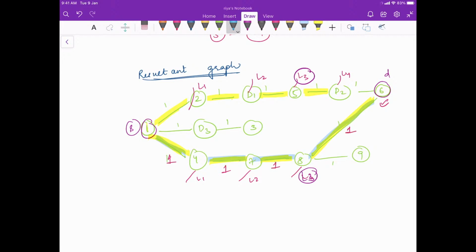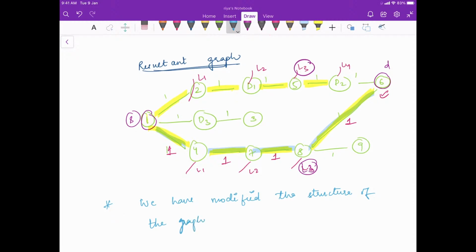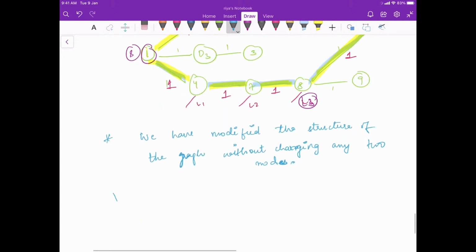What we have essentially done here is, we have modified the structure of the graph, right? We have modified the structure of the graph without changing any nodes. देखो हमने यहाँ पे किसी भी नोड को चेंज नहीं किया है, हमने बस इस ग्राफ को कन्वर्ट कर दिया है एक अनवेटेड ग्राफ में, right? This is what we have done, and the consequence of this was that the nodes have now been shifted to their right level,